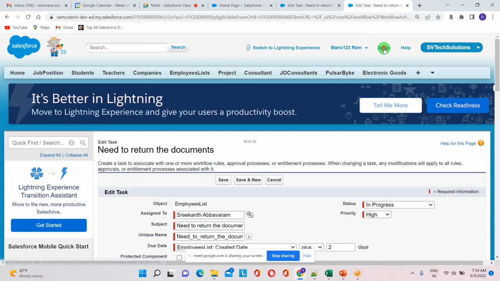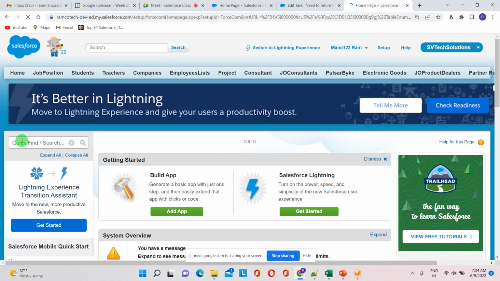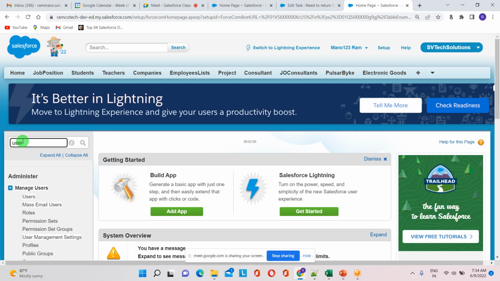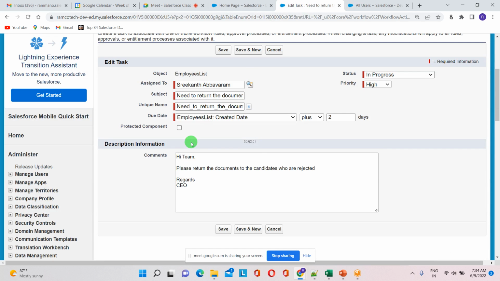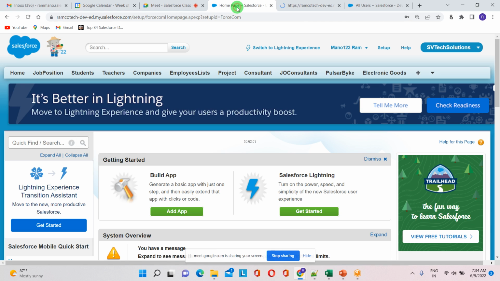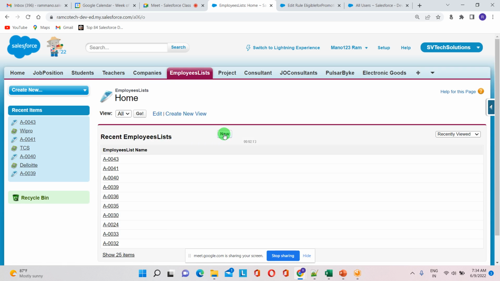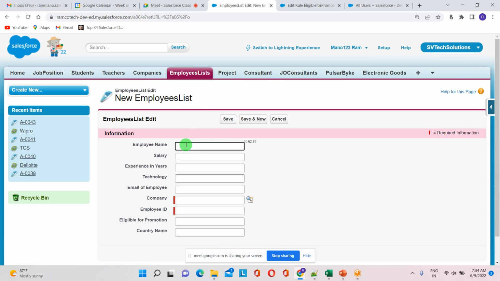Vijay, I'm asking you only. Once we have done with this task, how can we find out whether it will work or not? Okay, let me check here. So employees list, new. I'm giving a new one. And then